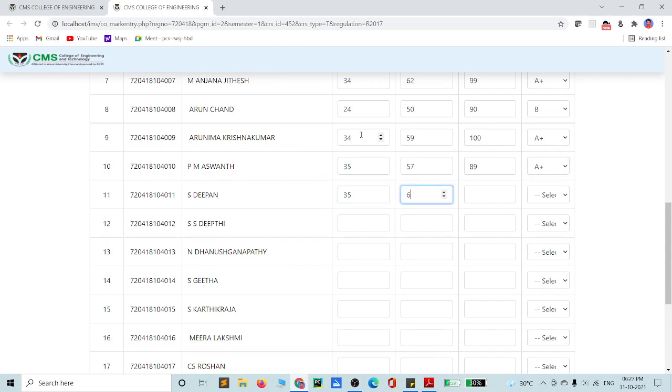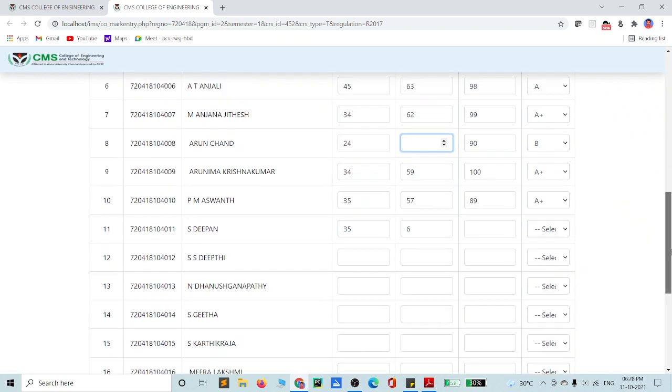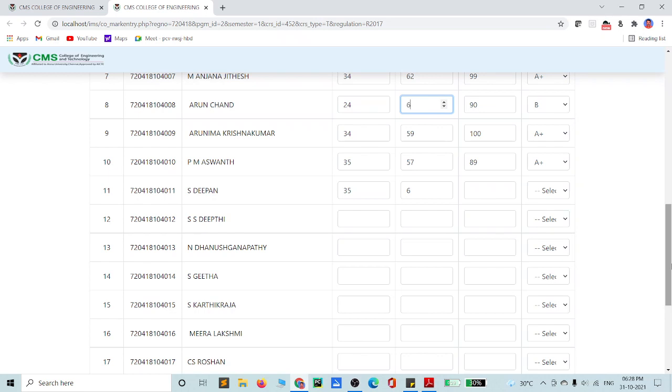We have to enter the marks. Okay, so it's more than 57. Sorry, this is 67. How much value can we give? More than 60, 65. 63, 62 and 63.